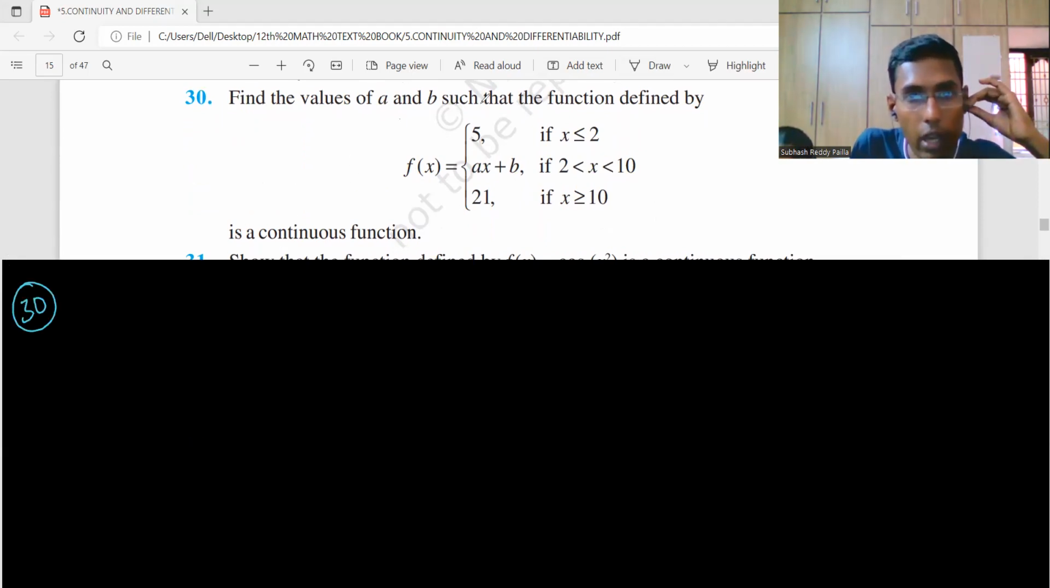Here, find the values of a and b such that the function defined by